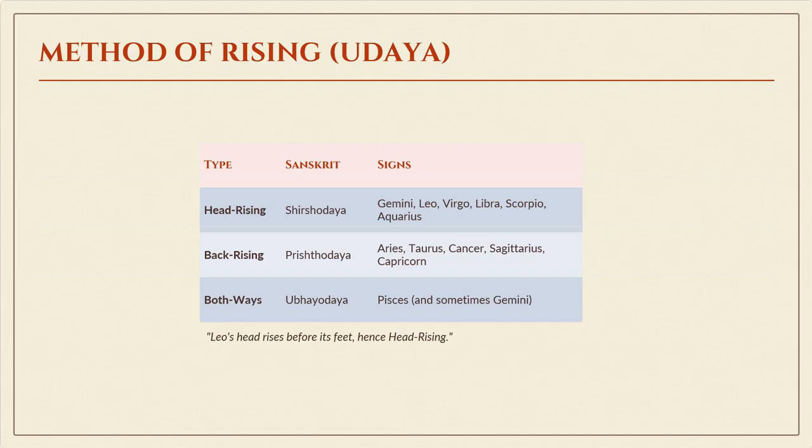Now what does it mean? How to use this? Why are we studying head rising and tail rising? So let's say you have a planet in a head rising Rashi. Now there is something known as period, which is known as dasha of that planet. We generally take the Vimshotri dasha. This is the most standard dasha.